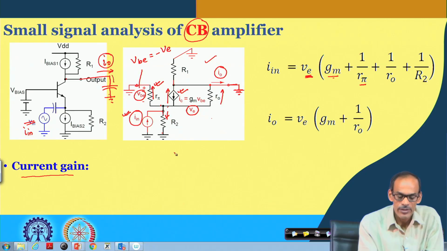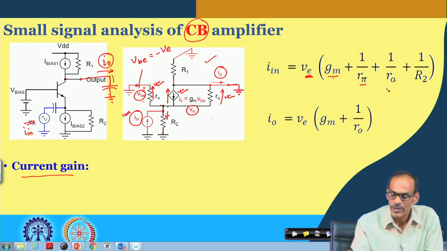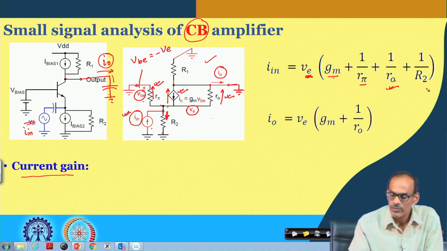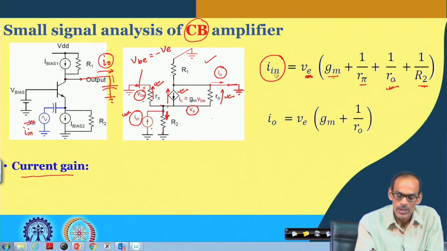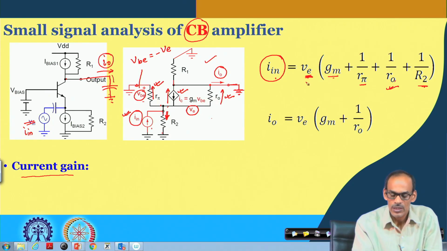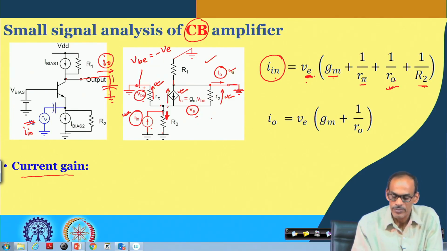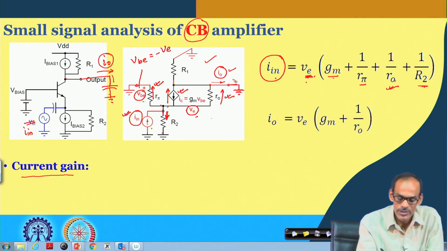So, that is the second part, and then we do have the third part, which is VE divided by RO, and then through this bias circuit, which is VE divided by R2. So, in summary, we can say that I in can be directly written in terms of VE. On the other hand, if you see the current at the output terminal here, so if this is the current,